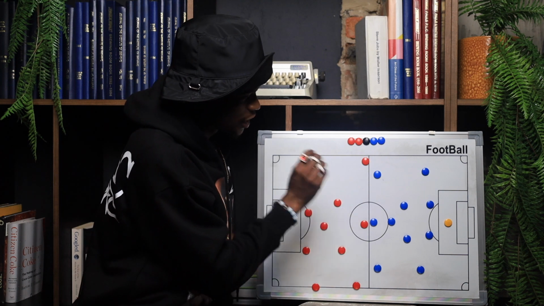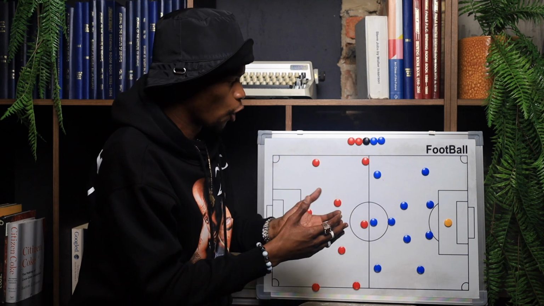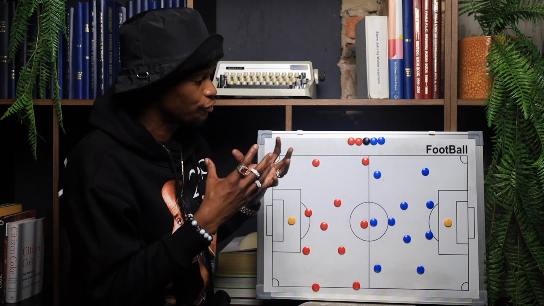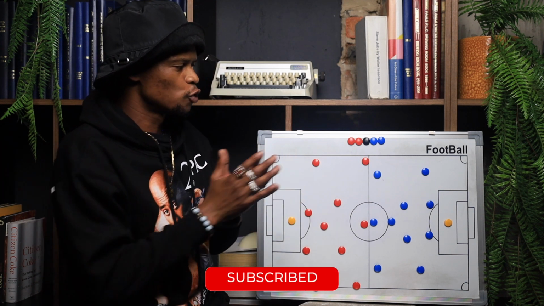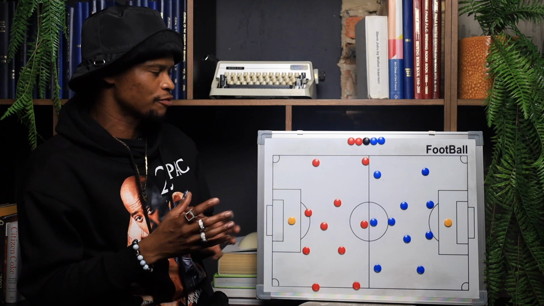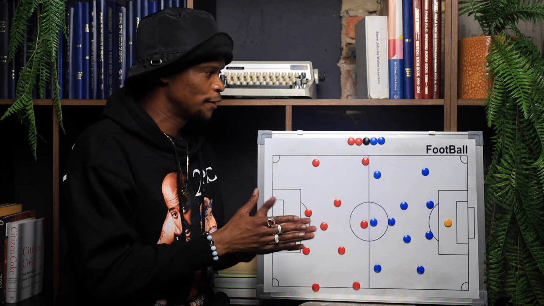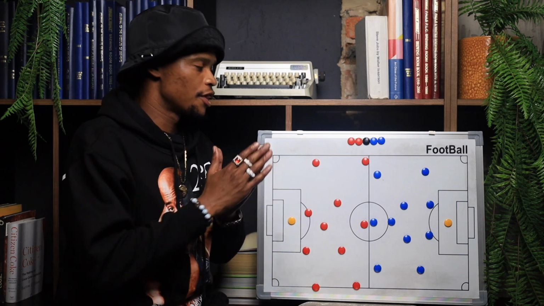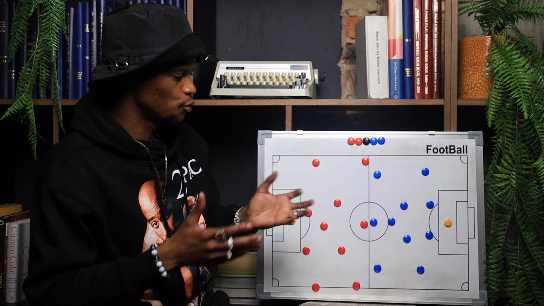So a lot of the times, that's what they looked like then when they were in their own half, and they'd have to sit in a very compact low to mid block. At times, I must say that from a tactical perspective, they were able to keep that discipline. However, whenever they were breached, that's when Thibaut Courtois would come then to their rescue.